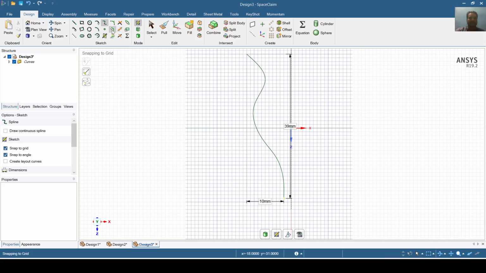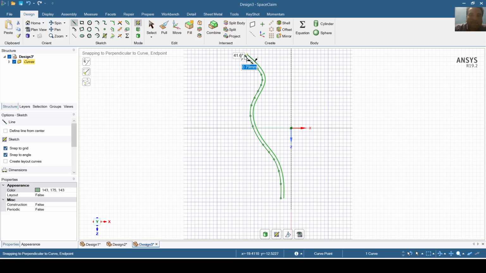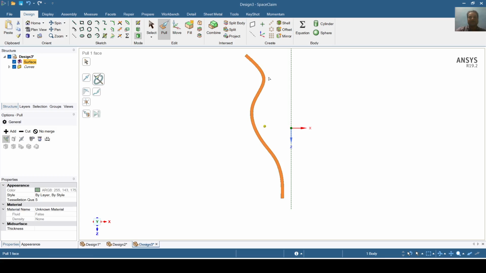And now I will go to this command, and I will create a duplicate profile here, and now I will join these two ends and the same here, and now I will go to the pull tool, and I will revolve this surface with this axis, and I will add this, and I will use full revolve,